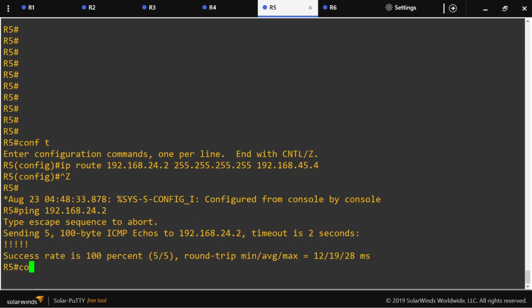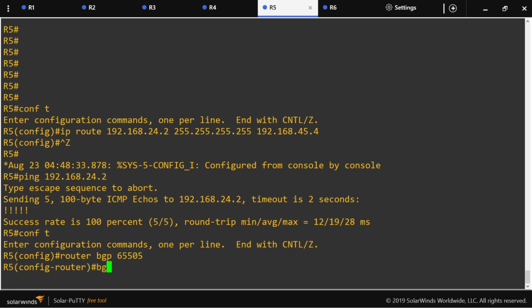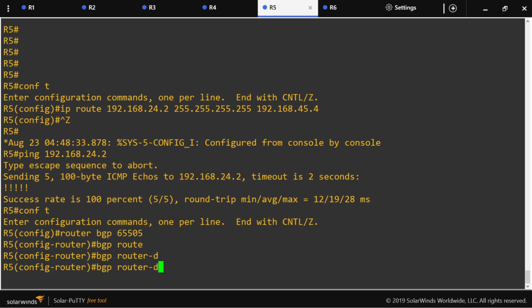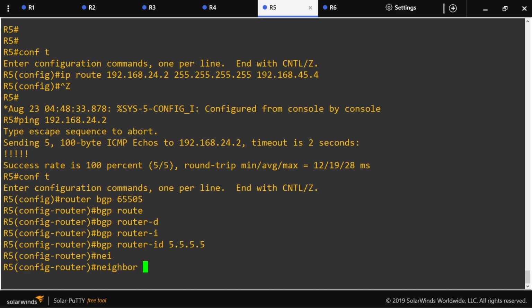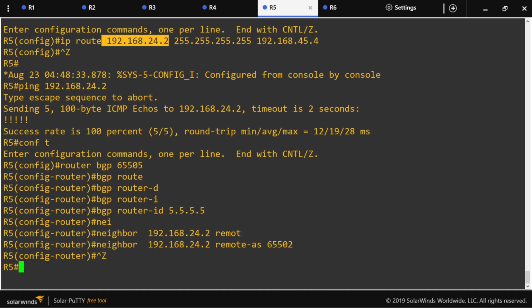So let's configure the neighbor on this side. BGP router ID 5.5.5.5, and the neighbor. This is the IP address of router 2, remote AS, and on this side,